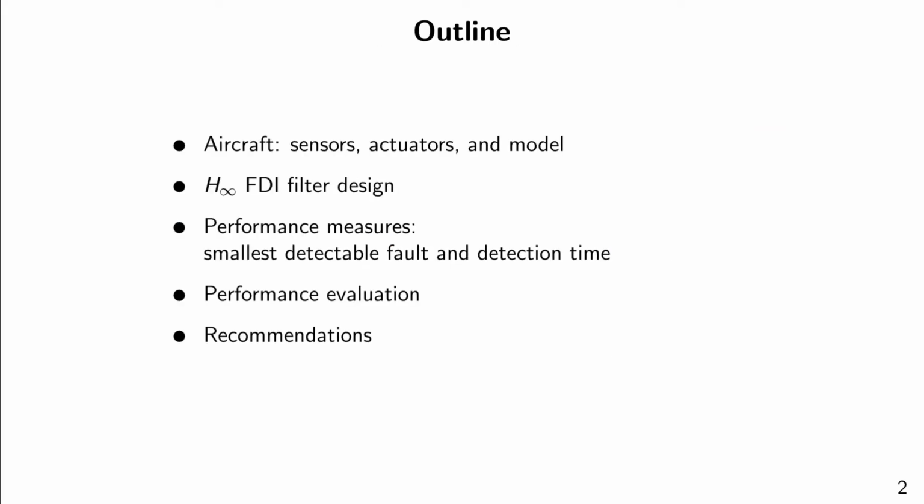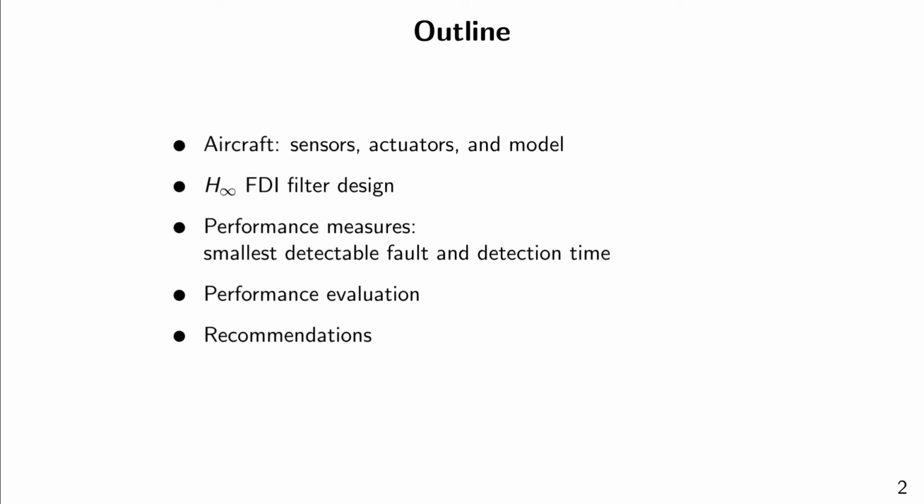This is the outline for the rest of this talk. First, I'll introduce the flexible aircraft in question. Then, I'll explain the H-infinity filter design setup. At this point, the two performance measures will be defined, which are used to evaluate and compare the different filters. These are the smallest detectable faults and the detection time. Then, we'll look at these performance measures as a function of filter bandwidth. Finally, based on this analysis, I'll give some recommendations on when the use of a rigid body model can be